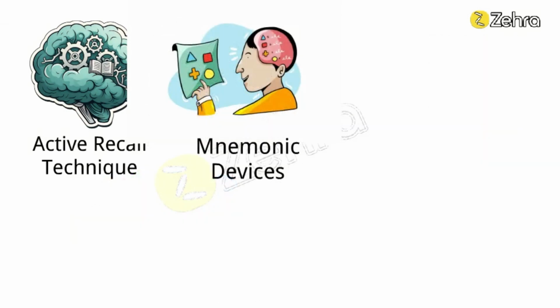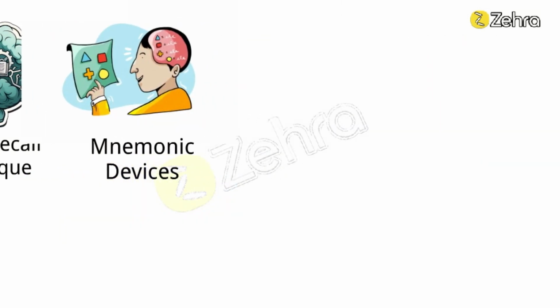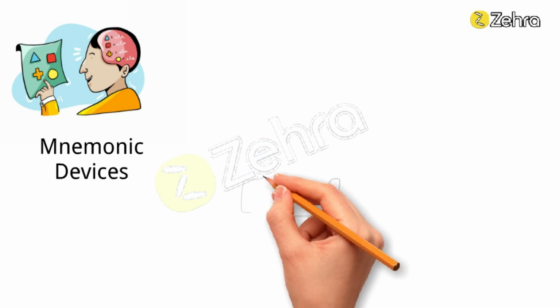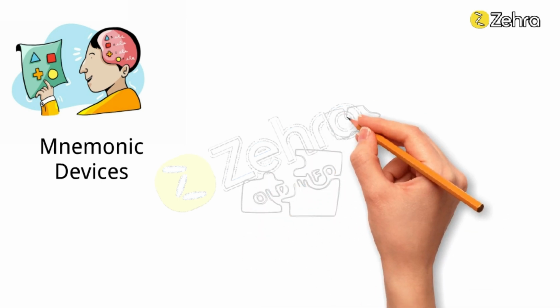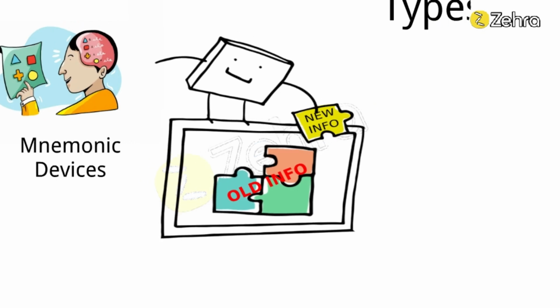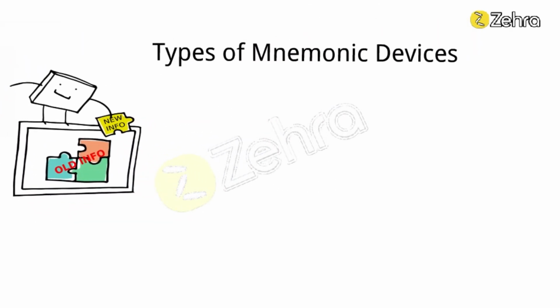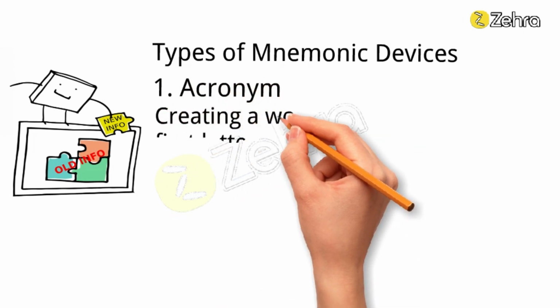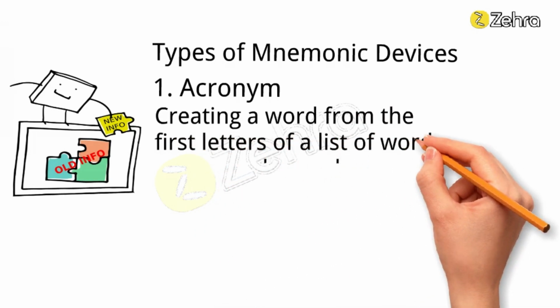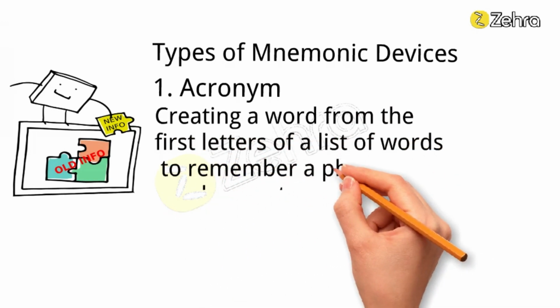The other technique, which is mnemonic devices, is a type of technique that helps you remember information more easily. Mnemonic devices work by associating information with something you already know, which makes it easier to recall. Here are some common types of mnemonic devices. Acronyms. Acronyms means you create a word from the first letter of a list of words to remember a phrase